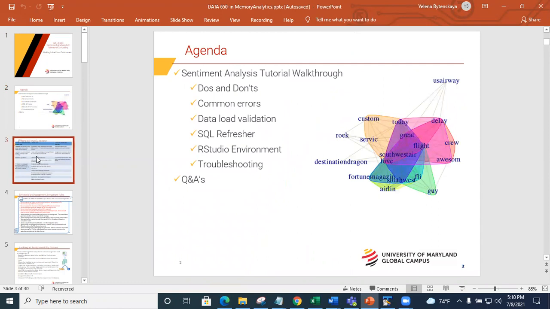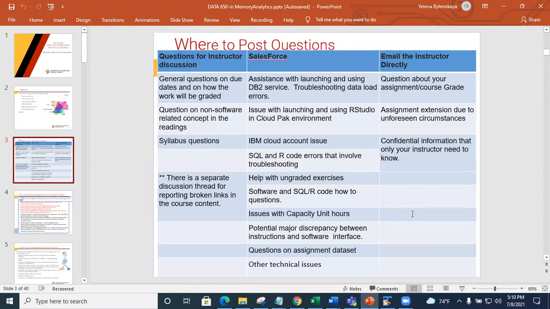Okay, so here is the sync, and this is just a quick reminder on where to post your questions. Somebody told me earlier that they were not aware where to post the how-to questions, like how do I do this in SQL, how do I do this in R. All of that goes to Salesforce. Any R questions, any SQL, because the answers are probably in light of what you already have in your code. Especially if it's assignment 3, we cannot discuss the graded part of the code in the classroom, okay? So that's a rule, we have to comply with it.